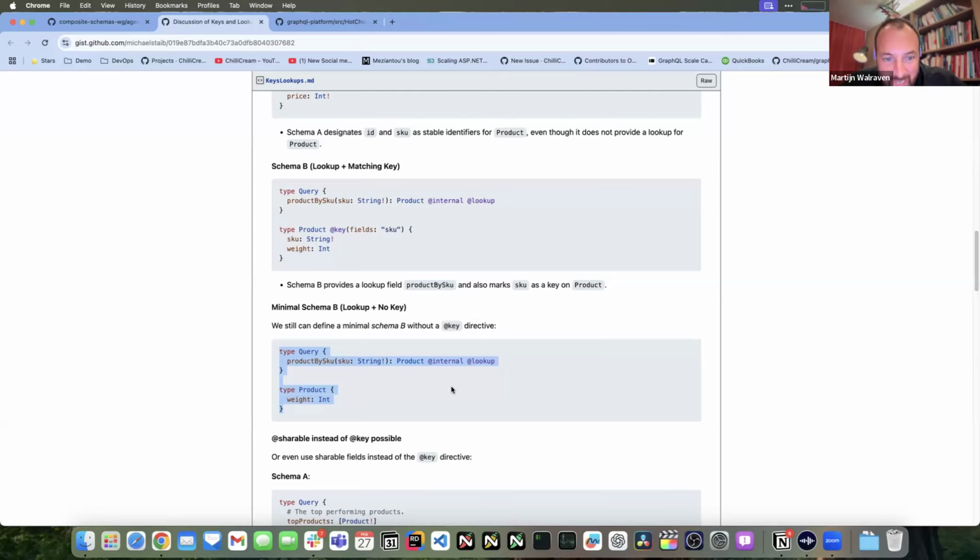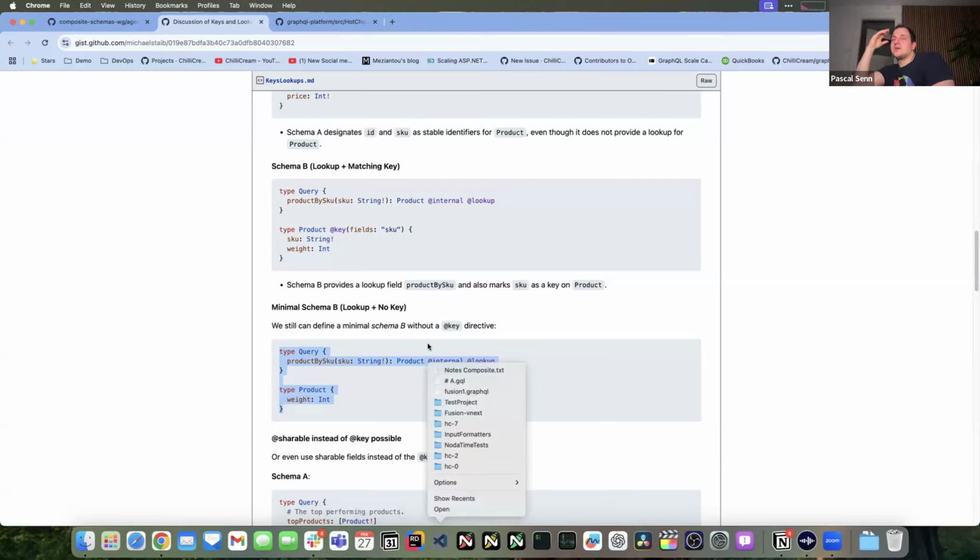So if you allow this, then there's no way to know whether product by SKU is a valid lookup without looking at the entire supergraph. Yeah, I agree, but for composition, to validate, for many rules, you need to have the context of all the source schemas anyway.